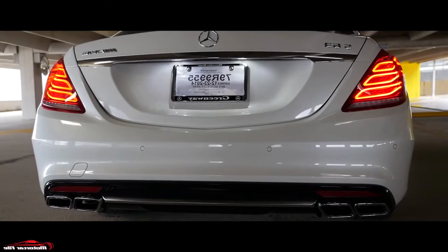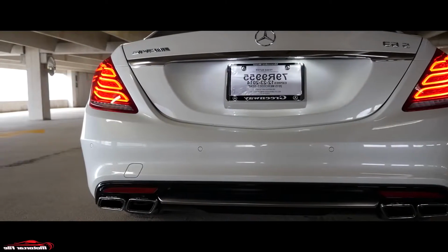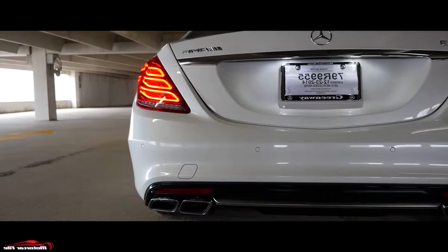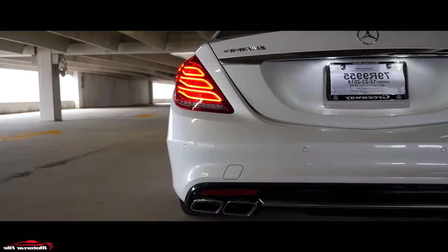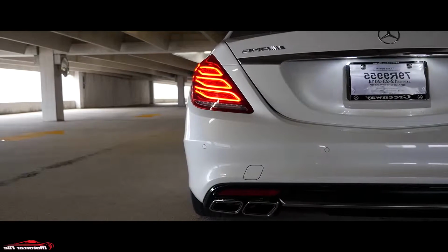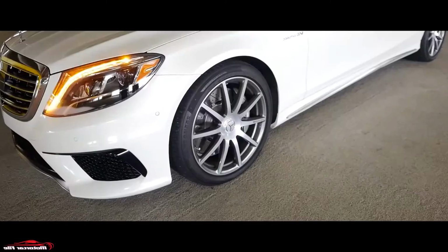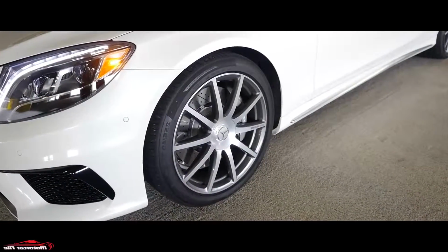They take pride in badging each motor with the name of the individual who built it, and for a lot of people, including myself, the motor has always been the crown jewel of an AMG branded car. For example, take a look at the confidence Pagani has in AMG engines, and for the brand itself, the Zonda, Zonda R, and the all-new Huayra use an AMG V12, so in that capacity they power one of the wildest